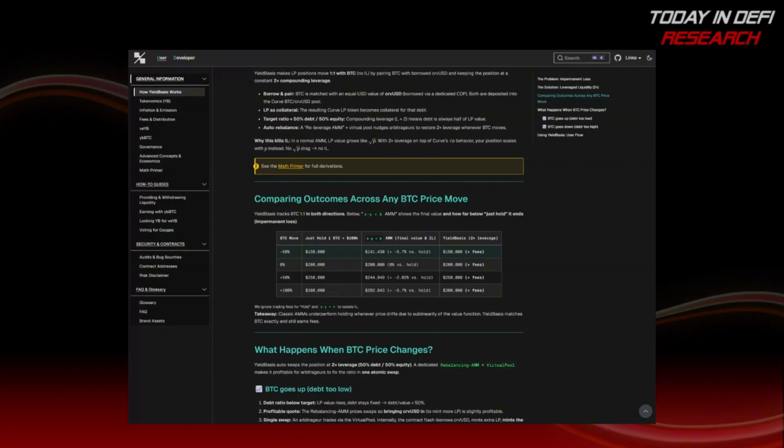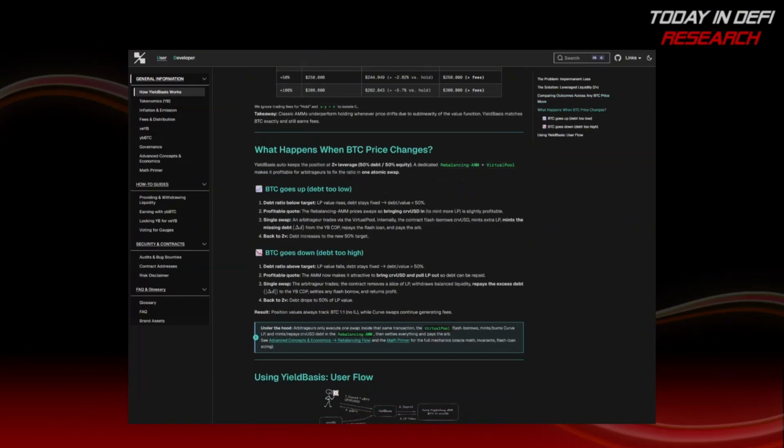So when the market is going up, you're selling. When the market is going down, you're buying. In the BTC and crvUSD scenario, you're selling BTC when the market is going up, and you're buying BTC when the market is going down. That is where the impermanent loss is coming from. And if YieldBasis can help you keep your position at 2 times leverage, the impermanent loss can be